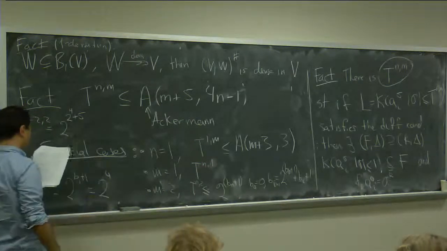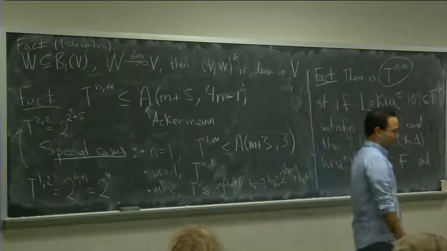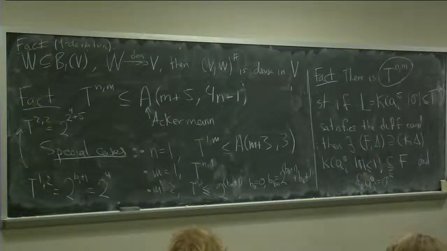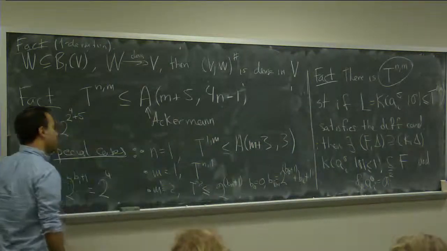Not too bad. But then after 3, it's too bad. Do you know how sharp these bounds are? Like this special case for n = 2. So this bound, in terms of the